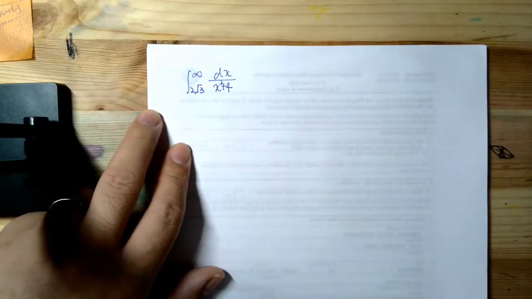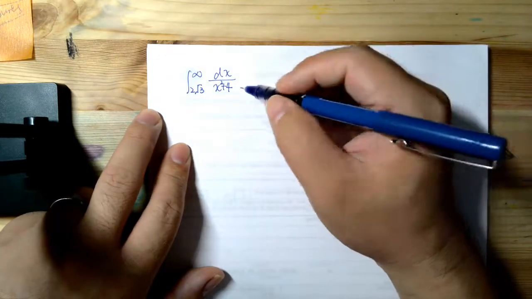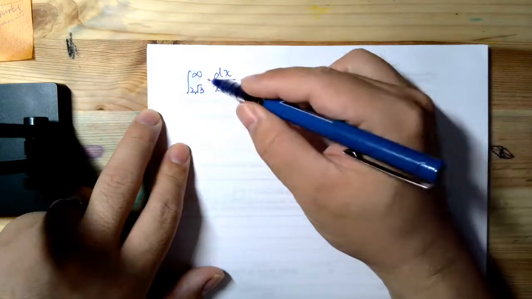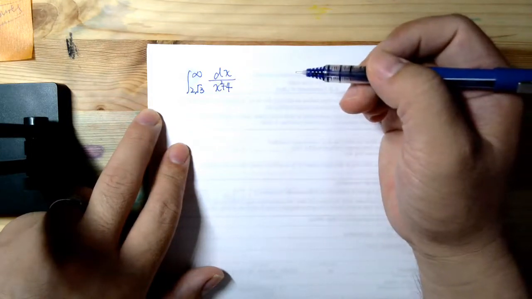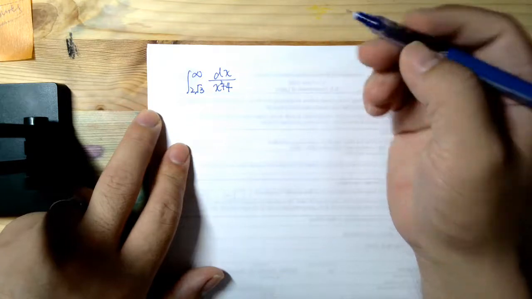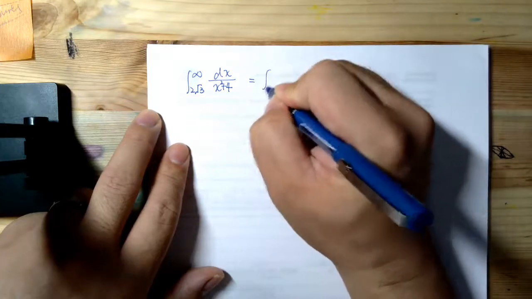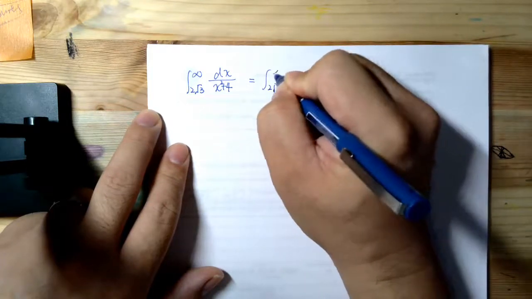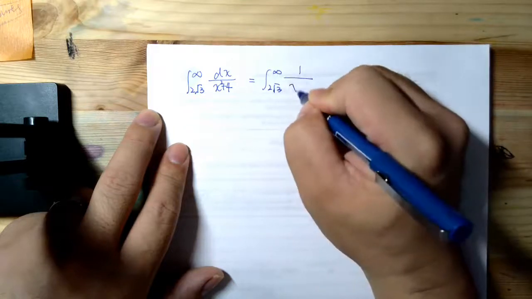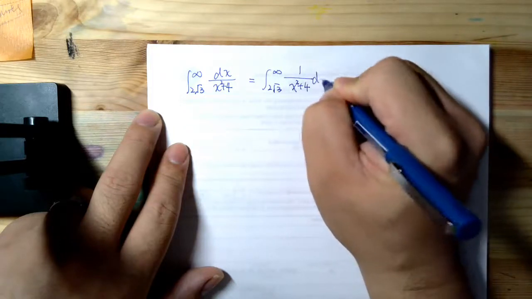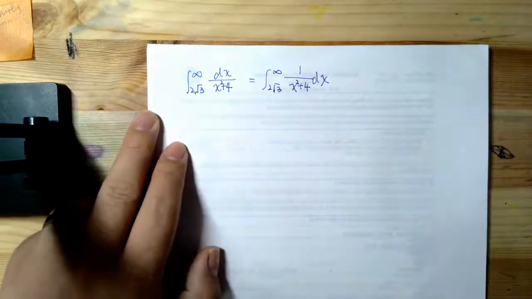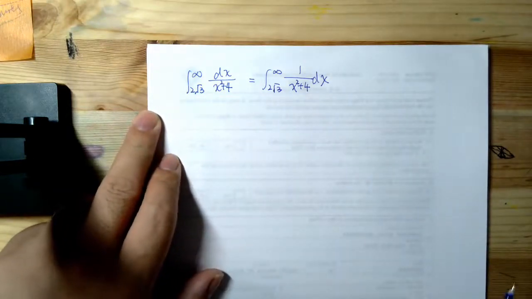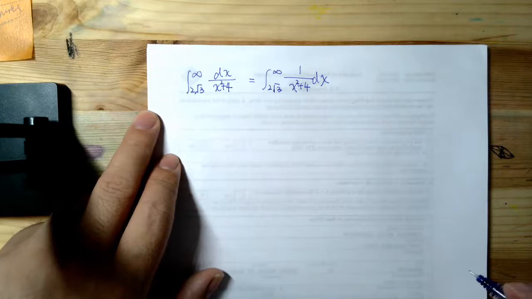Okay, so now let us take a look at this problem. This is, first of all, an improper integral because it involves infinity. To be more straightforward, I might write this as the integral of 1 over x squared plus 4 dx here. Okay, now to handle this,